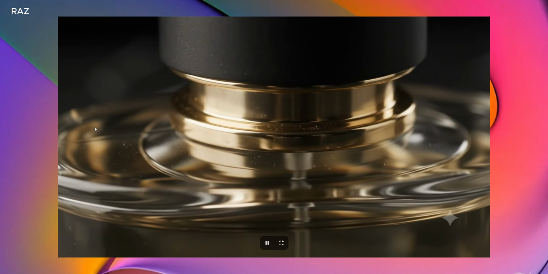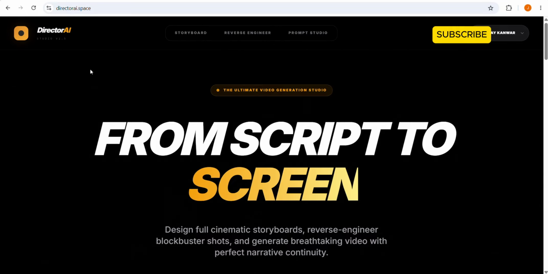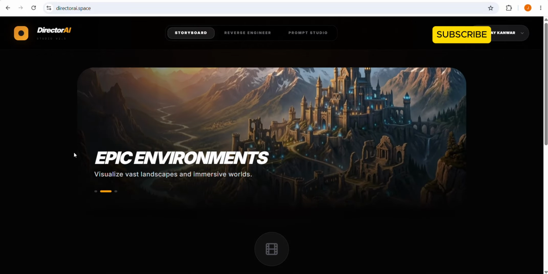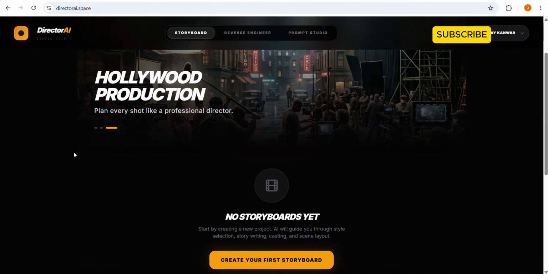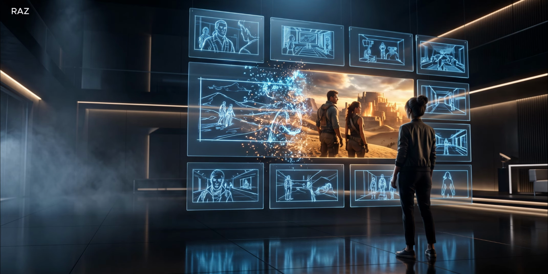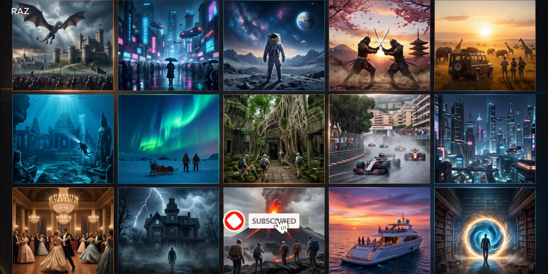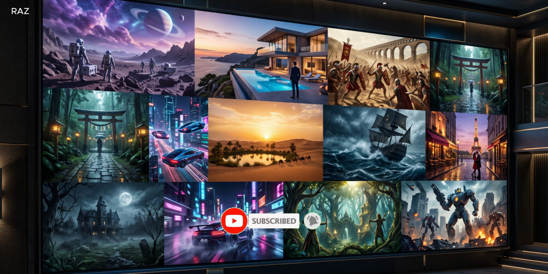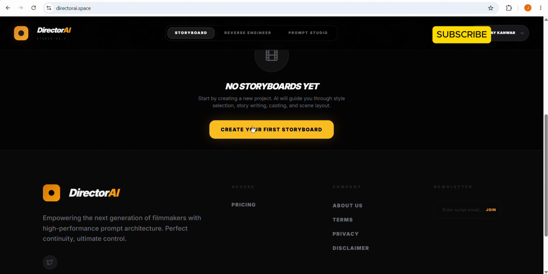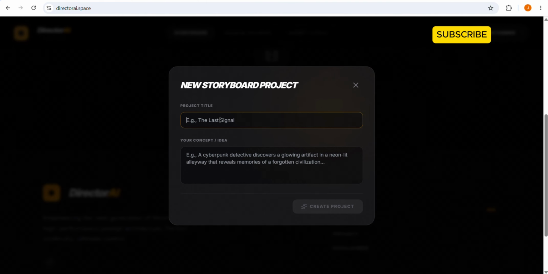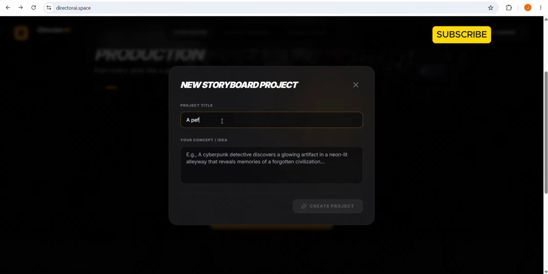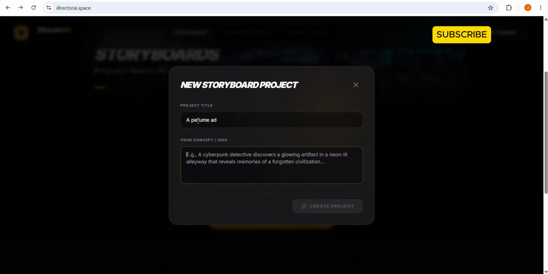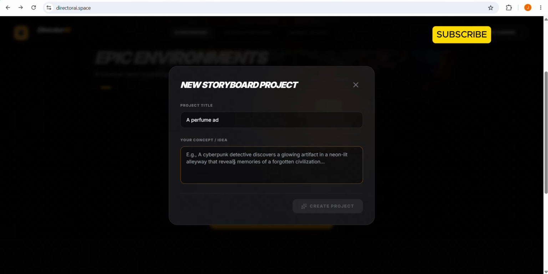Let's jump right in. Go to directorai.space, log in and open the storyboard feature. Director AI helps you create complete storyboards from just a simple story. Whether you're making AI ads, cinematic films, short dramas, or social media videos, it generates everything you need. Let's create one together. Click New Storyboard Project. I'll give this project the title Perfume Ad. Since we're creating a short AI commercial for this tutorial, I'll use the same text as my concept idea and